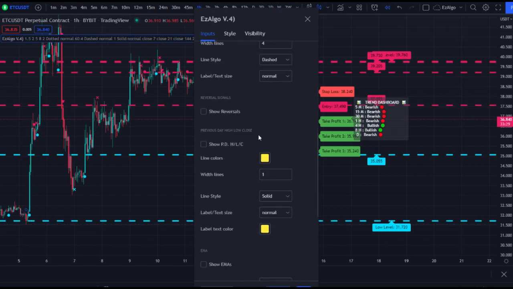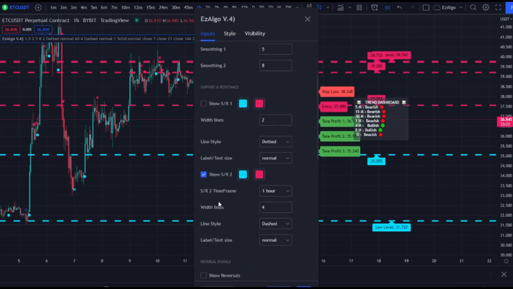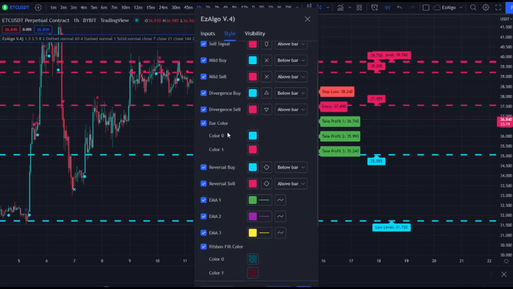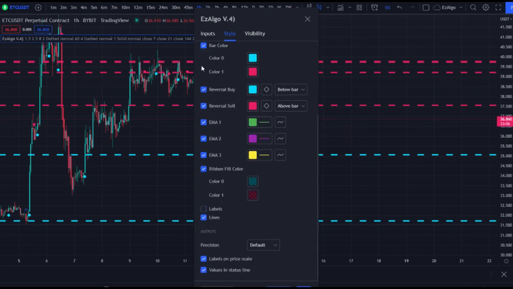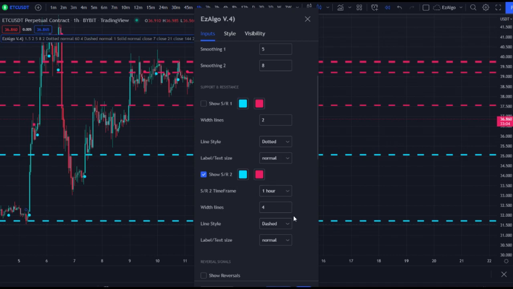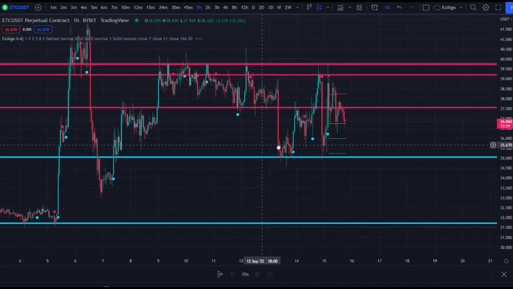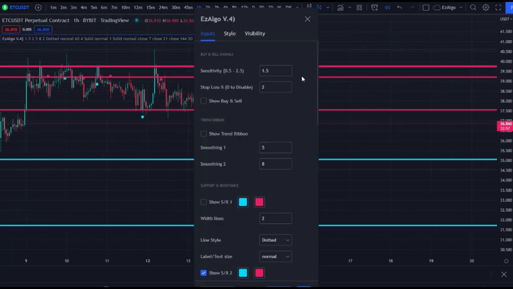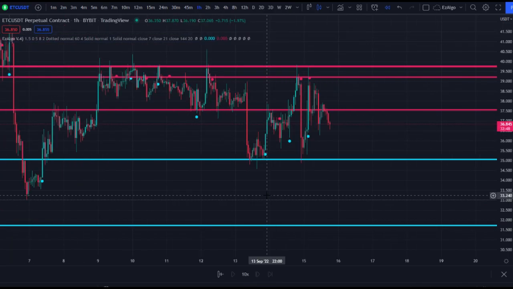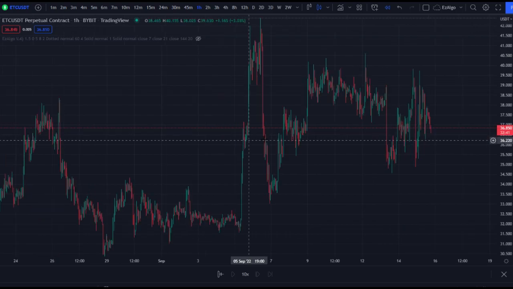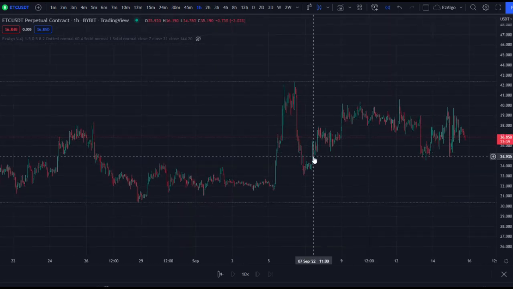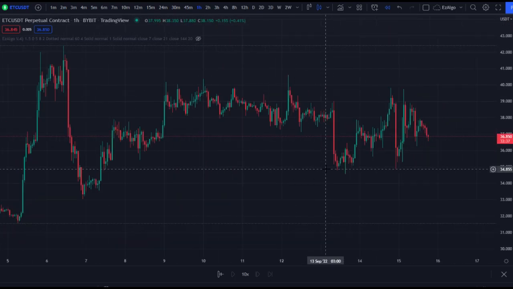We're not going to have reversal signals. We're literally just going to have the support and resistance levels, and we're not even going to do the mild buy signal or any of that. No labels. We're just going to have a line, and we're going to set that to a solid line. We've got to turn the stop loss to 0. This is what we're going to use for the horizontal support and resistance levels, but we're not going to be using that straight away. So Ethereum Classic has been, like I said, a favorite coin to trade in the Discord,